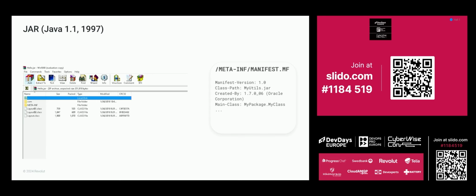And this format is very simple. It's very nice. It's just a zip file with Java classes and some metadata. As simple as that. But will this work like that? Well, it should work, right? But it does not work. The problem is